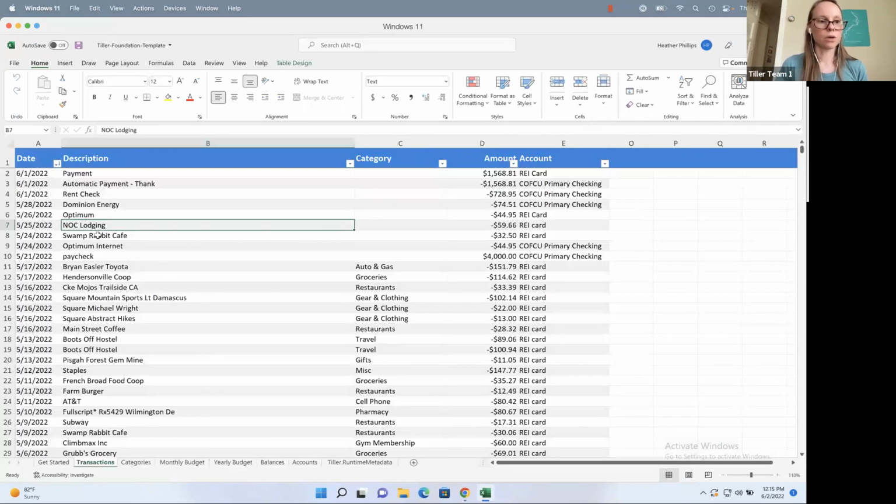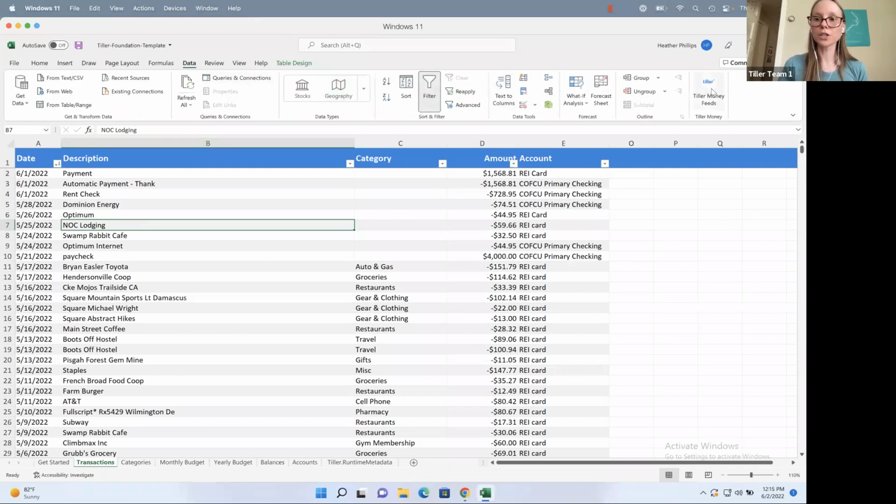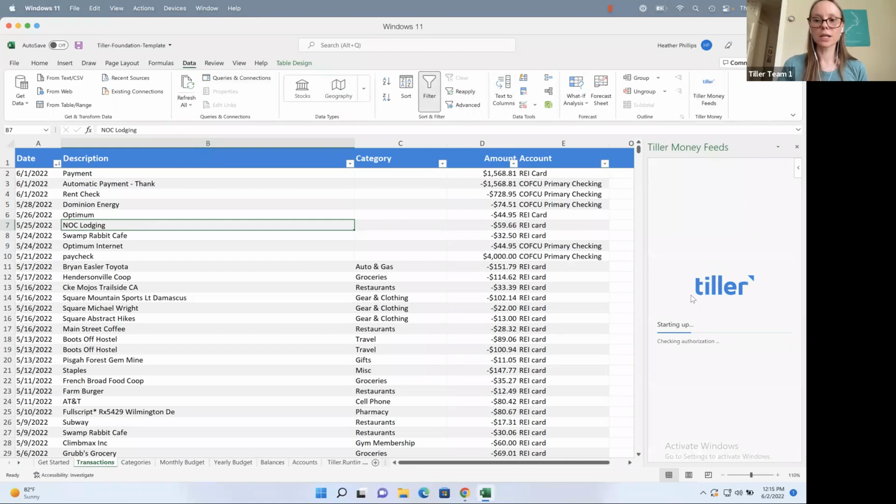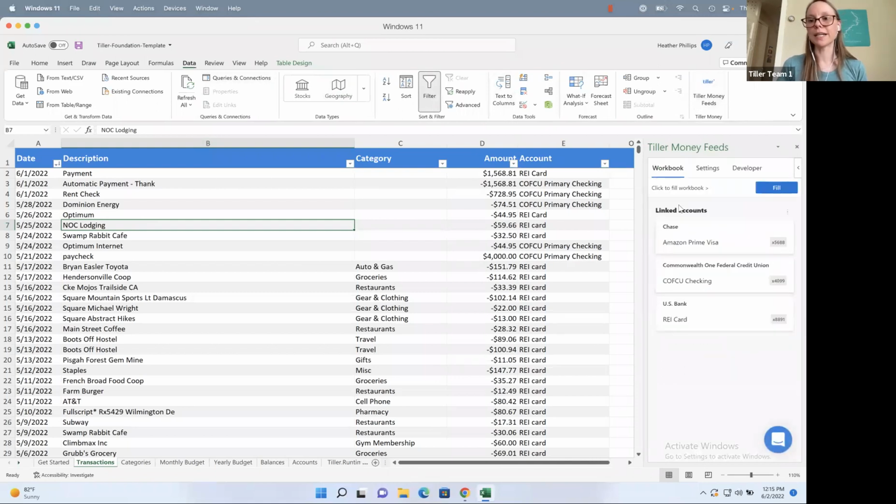All right, so here is my foundation template that I've got set up. I'm using it for budgeting, cash flow tracking. And so first I want to share how to keep the data fresh. So how Tiller Money works, how to use it. From the data ribbon, launch this Tiller Money Feeds add-in here. Sometimes you'll have to sign in, maybe every day you have to sign into the add-in. You'll be signing into the account that is associated with your Tiller subscription. When there's new data available to fill, the fill button will turn blue here. And that just means that there's new stuff that's not in the transaction sheet yet